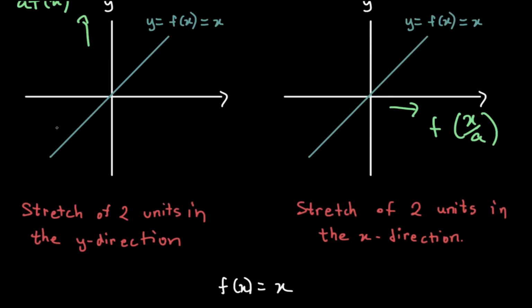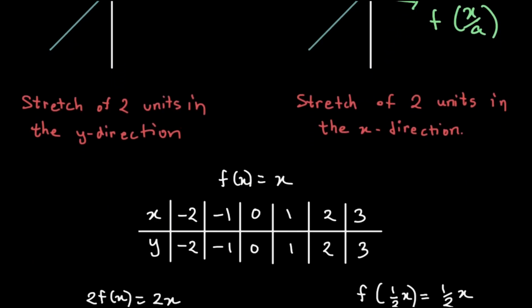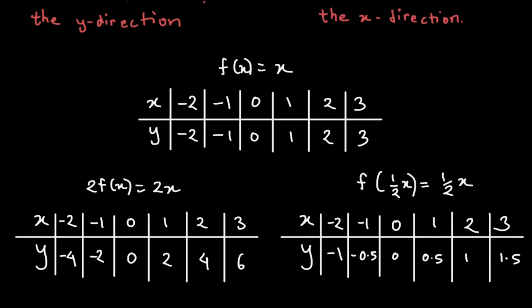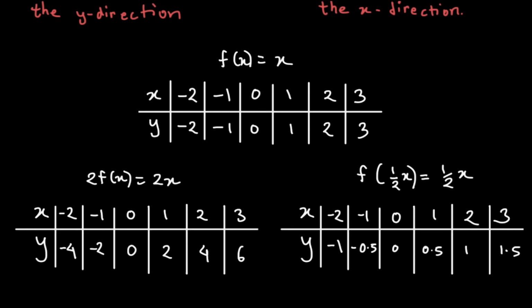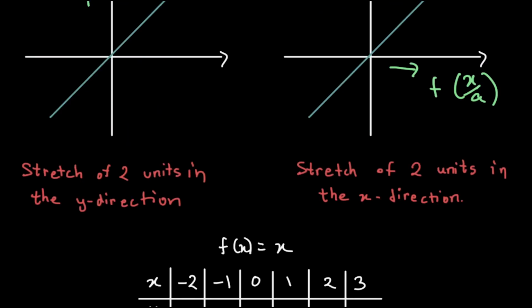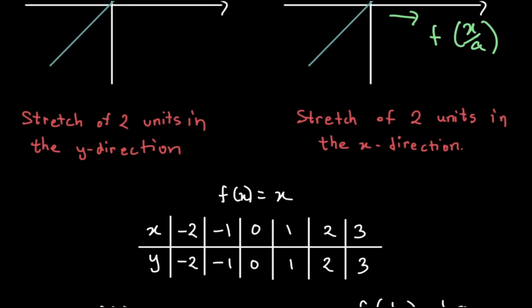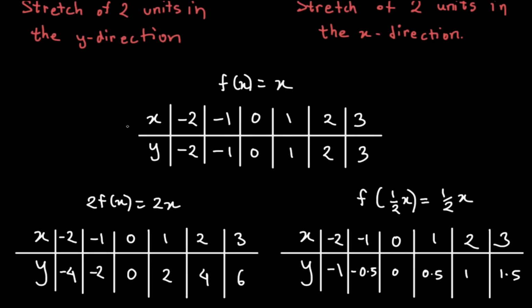Now, why is this valid? These are the original values of x and y for the f of x curve, and these are the values of twice f of x. For both of these cases, the stretch in the x direction and the y direction, we're taking a as 2. So the stretch factor is 2 here for both cases. Now let's see this again. For the stretch in the y direction, this is the resulting transformation, the 2f of x curve. So it's twice f of x, and these are the x and y values. If you plot this,